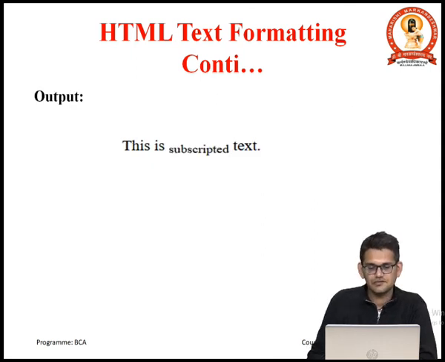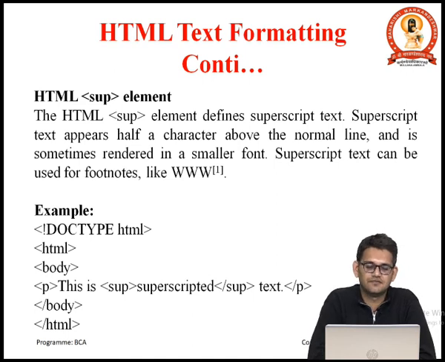So, now there is a last tag which is used to format the text within the HTML, which is known as sup. We can say subscript, we can say superscript. For writing superscript text, we need to use the element or tag which is known as sup. So, this is used to write like x square, y square, a square, b square, meaning anything which would be in the power, on the top of that text. Similarly, like subscript we can write superscript.